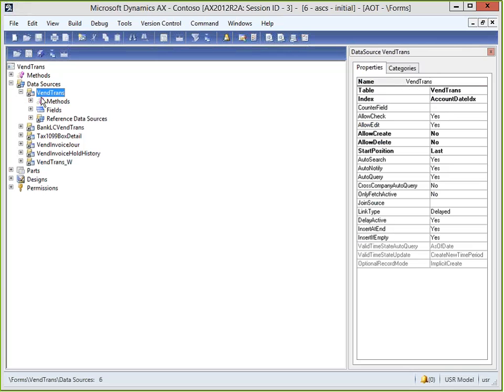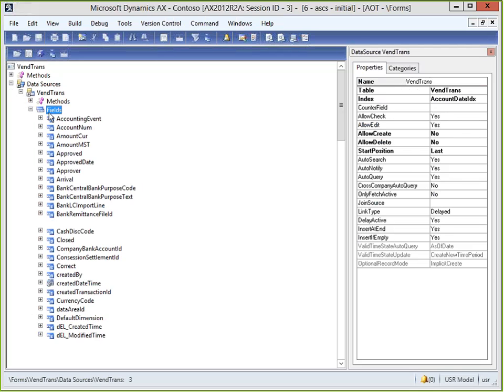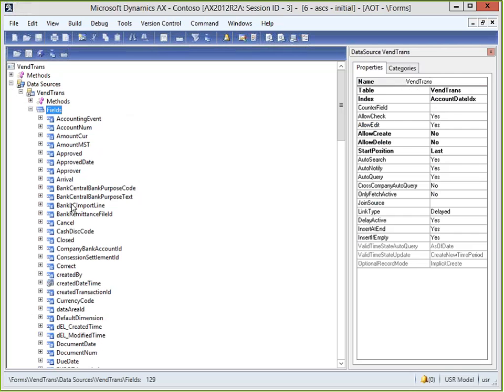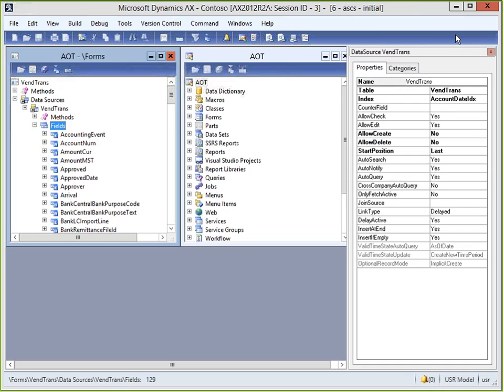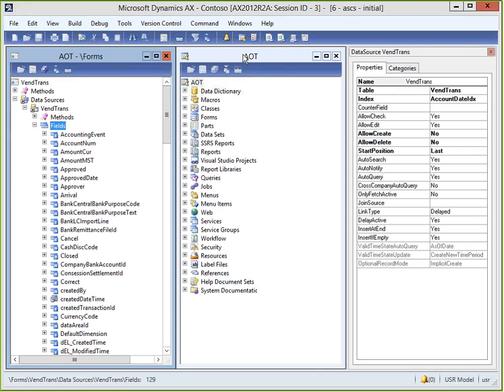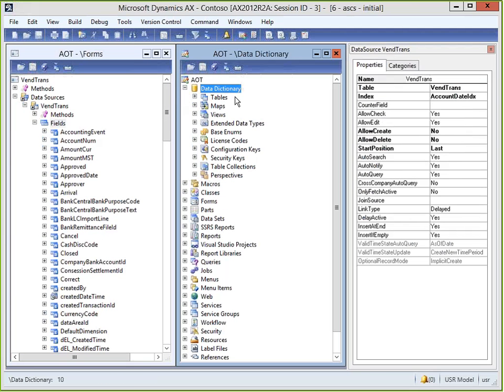Then if we expand out the vendor transactions table, we can see all of the fields that are linked within this table. Now we can't edit this here because it's inside of this form. So what we're going to do is tile these screens, and you'll have the vendor table here, and then the application object tree, which gives you access to really everything. If I wanted to add a field to this, I'd go into this data dictionary